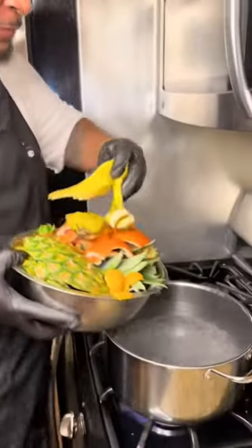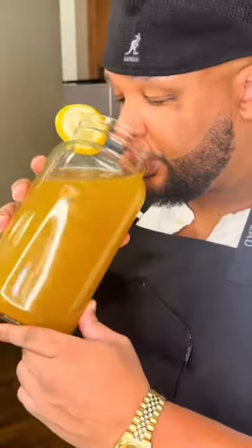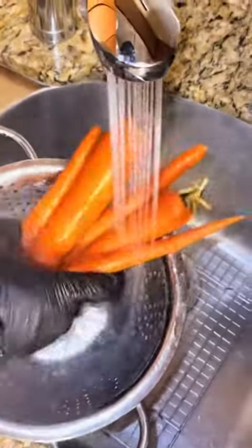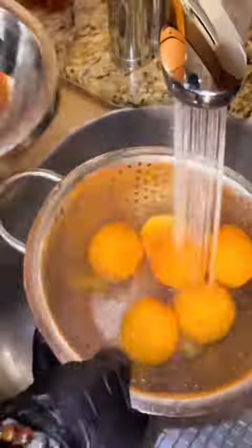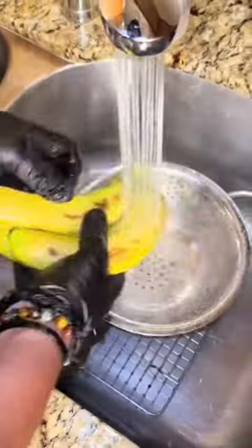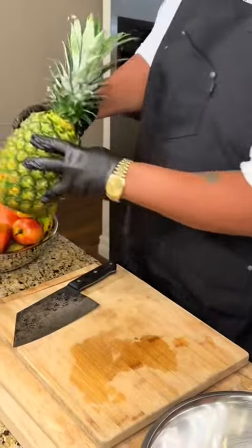Here's how I turn 5 pounds of fruit scraps into a nice, delicious herbal tea. Watch this. First, I like to rinse off all of my fruit. Now, I shop at the farmer's market for my fruit, so I know that stuff's been sitting out all day. So I gotta give it a nice scrub, get any type of dirt, debris, whatever, off that skin, and then